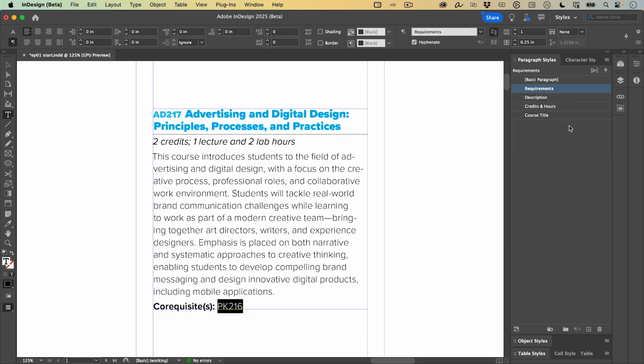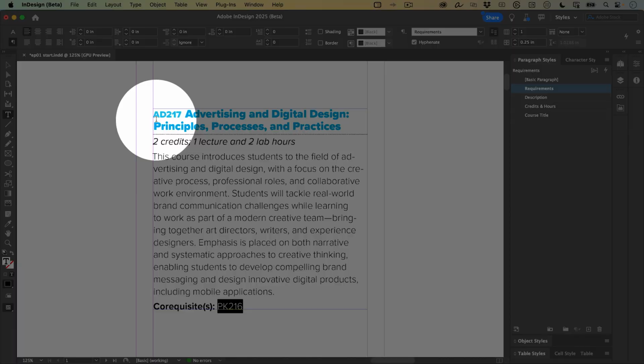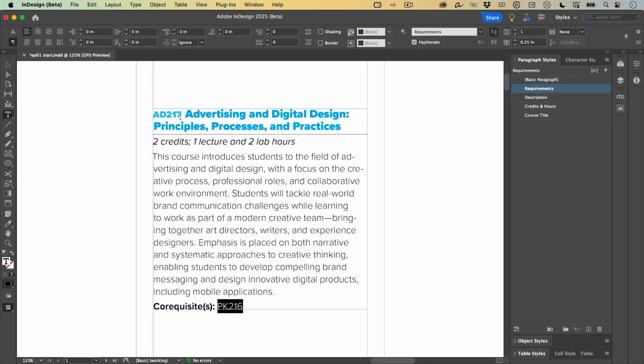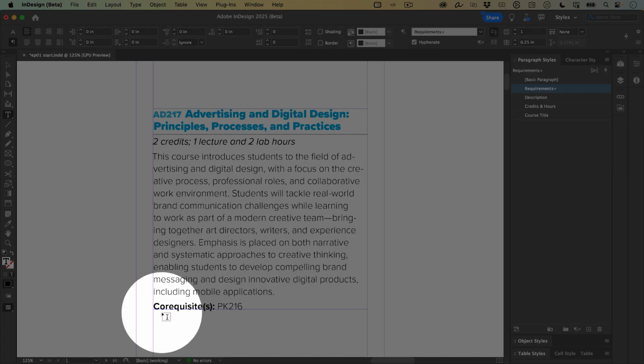Now it's time to move on to character styles. By definition, character styles are the exception to the rule within a paragraph, whether that's something as simple as bold or italic text within the paragraph, or something more complex. In these course listings, we have 2 paragraphs with exceptions. In the course title, the smaller course number differs in formatting from the rest of the paragraph, so it calls for a character style. The same goes for this last paragraph of requirements, where the bold lead-in differs from what